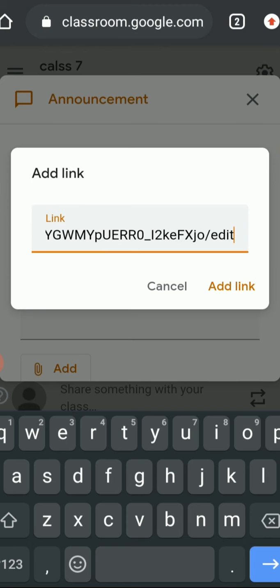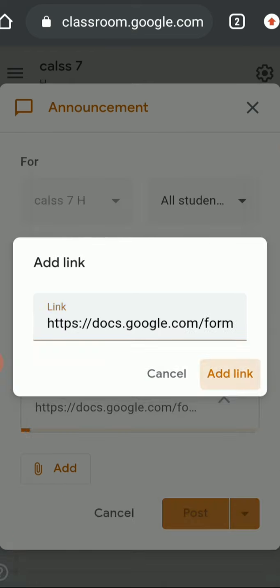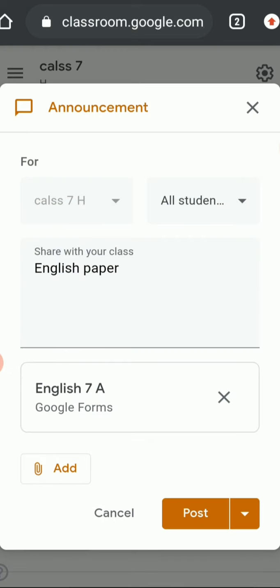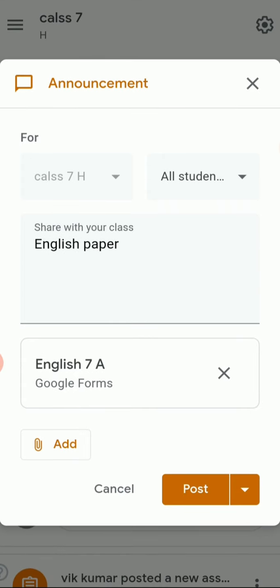You can see I have pasted my link here. Then you have to click on Add link. Now you can see that when I clicked on Add link, it has been pasted in the classroom.